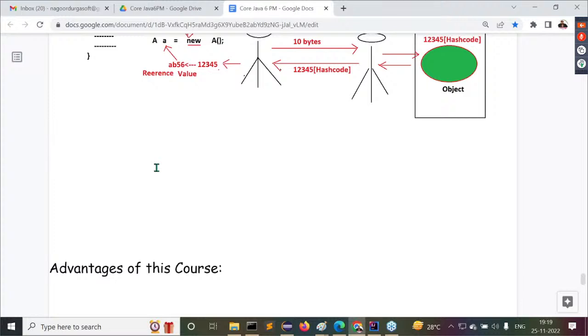For the sake of you only, I'm giving this particular document. Don't entertain even others outside. This is exclusively for you. The service is exclusively for you. You have to utilize it first. Even if you give the document to somebody else, I don't have any problem. But the point is, first we have to understand the content clearly. This is one point.